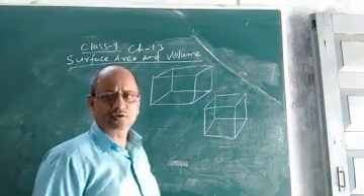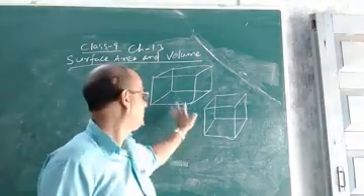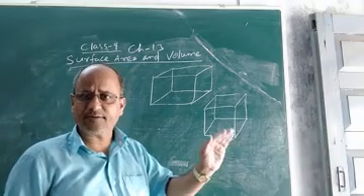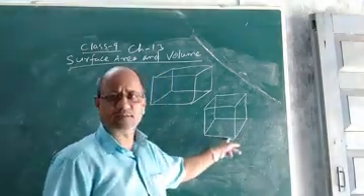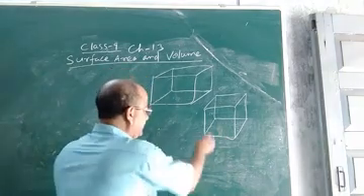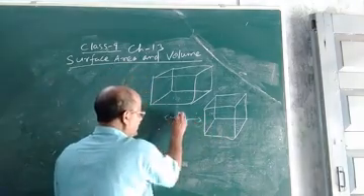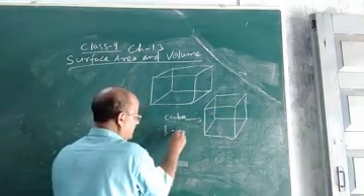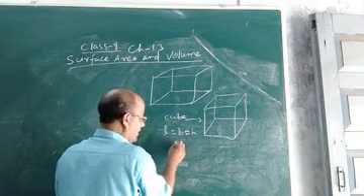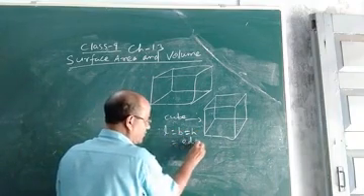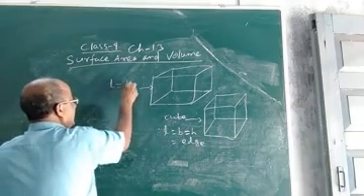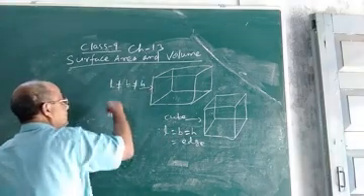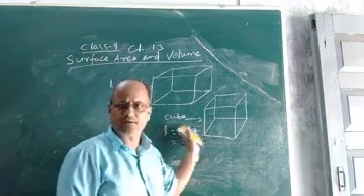Now, what is the difference? I hope you understood. In cuboid, all the 3 dimensions are different: length, breadth and height. But in cube, all the 3 dimensions are of the same length. In a cube, length, breadth and height are all equal, and it is called the edge of the cube. But in cuboid, the length, breadth and height are of different, unequal lengths. So that is the main difference.